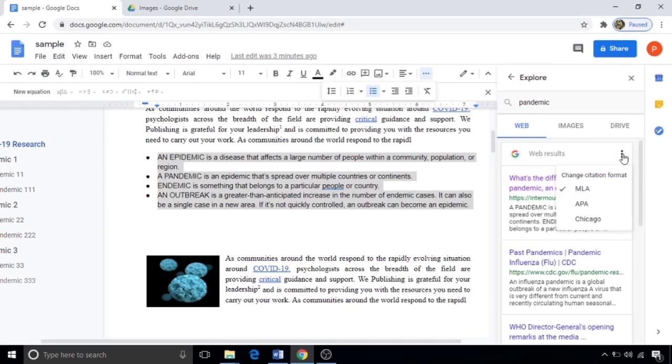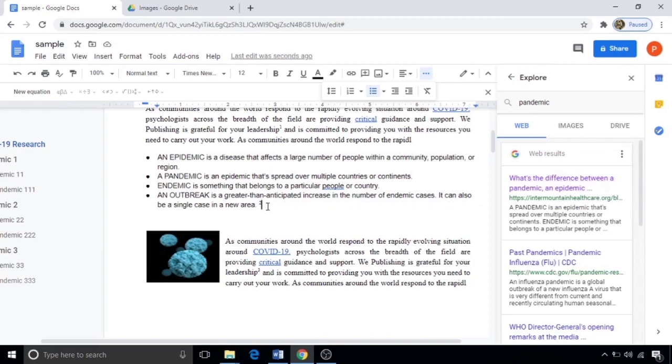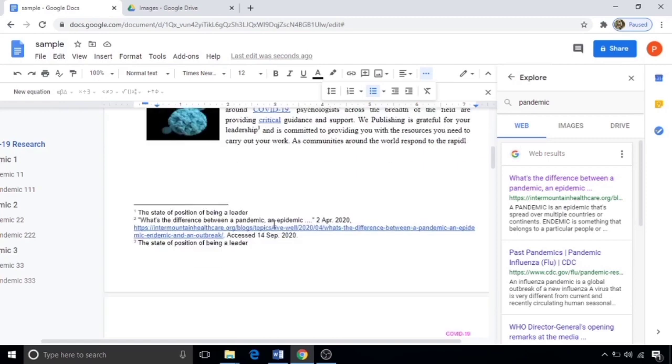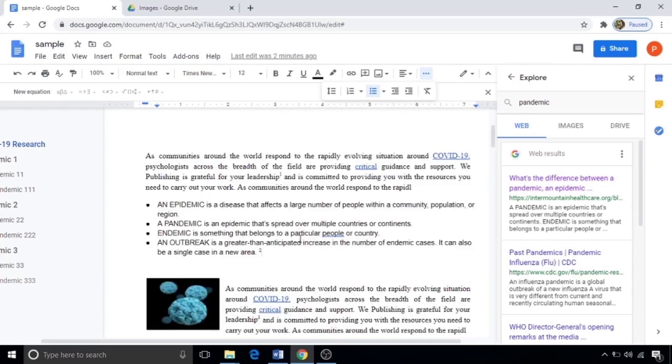That means the citation format required by the journal. Now I am clicking. Here you can see the superscript 2. That means the copied text is cited. Just scroll down. You can see what is 2, where you have taken it from. We have to cite as per rules and regulations to avoid plagiarism in your report.